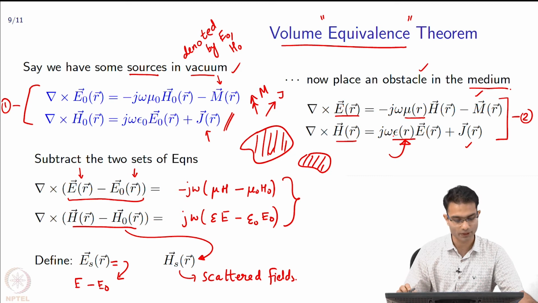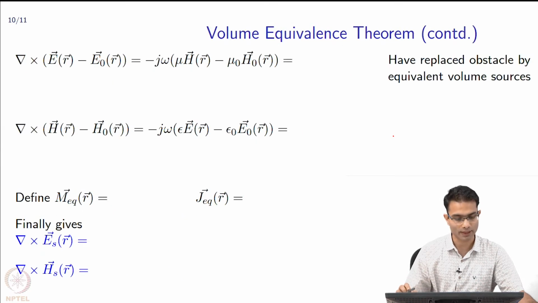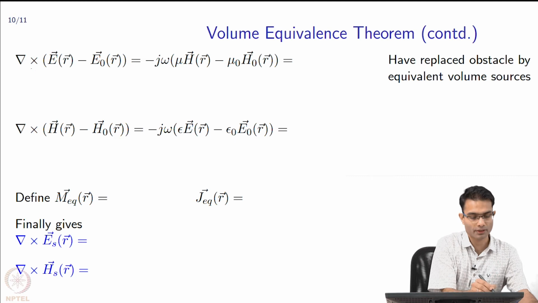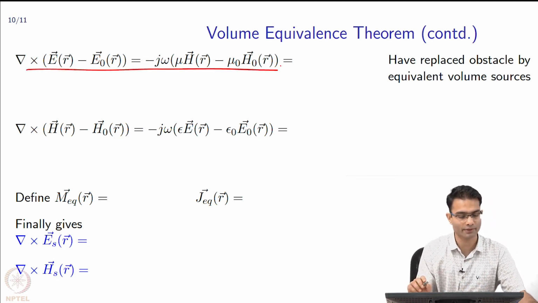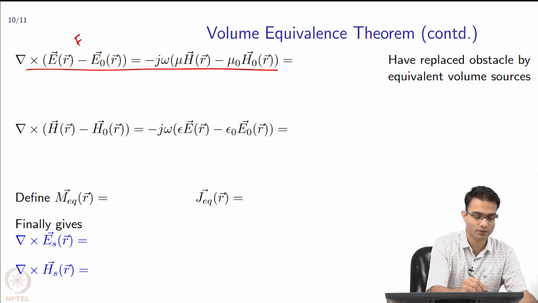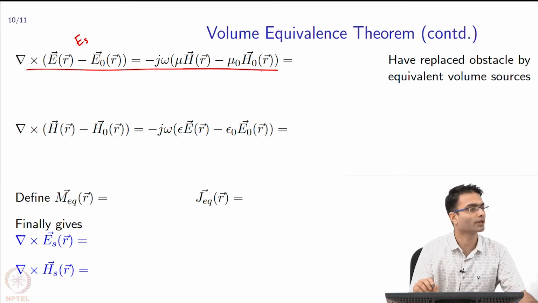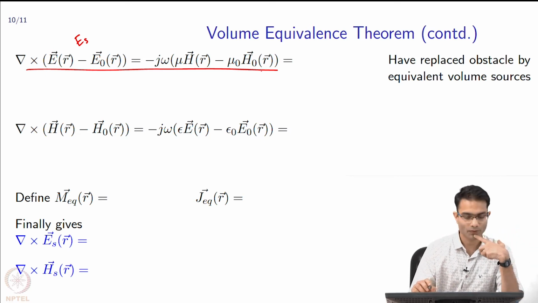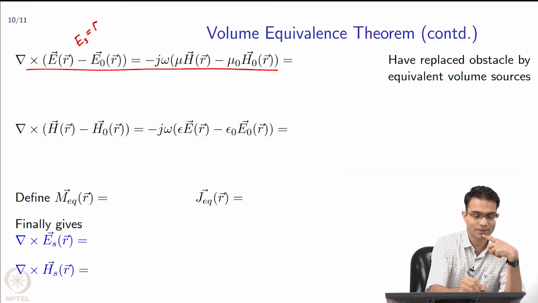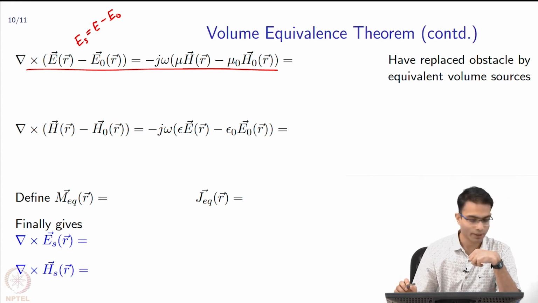So, what further can we do with this? So, let us have a look at that. So, I have rewritten the equation from the previous slide over here, right. So, the difference in the electric field incident and total is, this is the scattered field as I already mentioned, and this is what we already had. Okay. So, let us try to do a little bit more algebra on this to bring it into a convenient form. Okay. So, E s I have written as E minus E naught, right. So, what I can do is